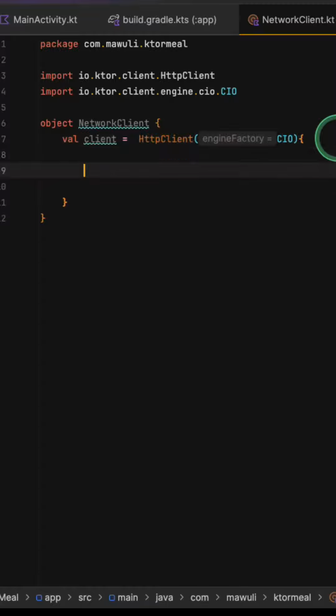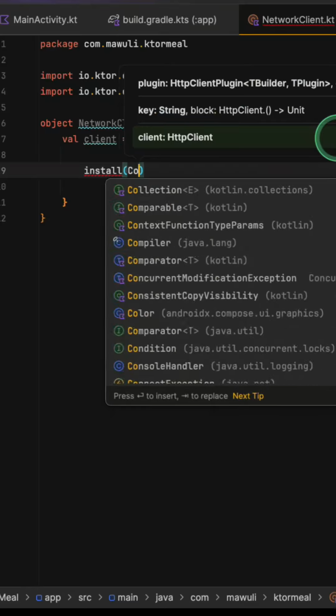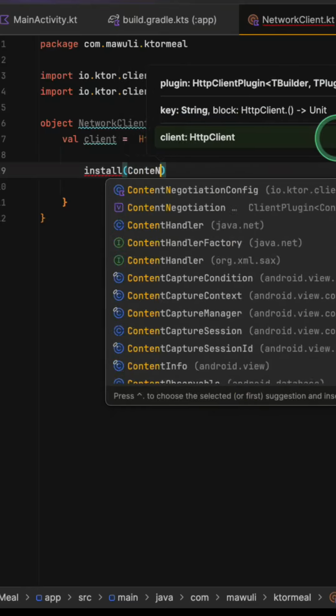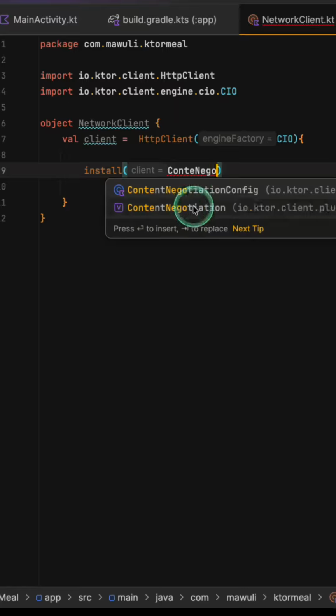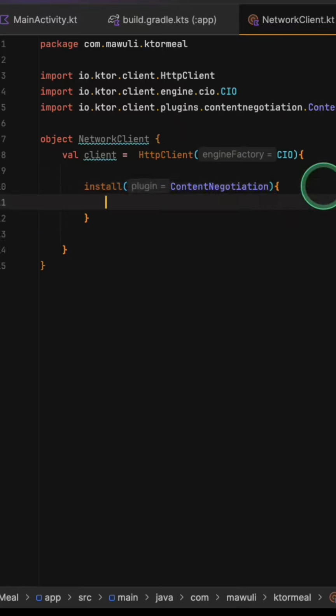You use the install block and then you pass the actual plugin, which is content negotiation. So you select this one and now you configure